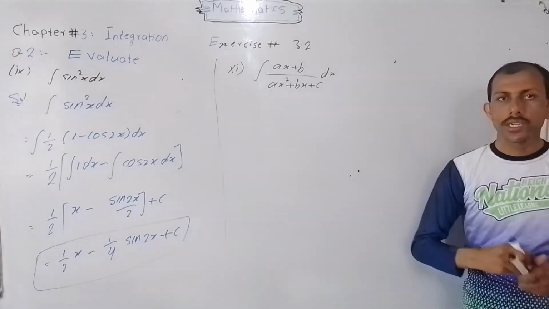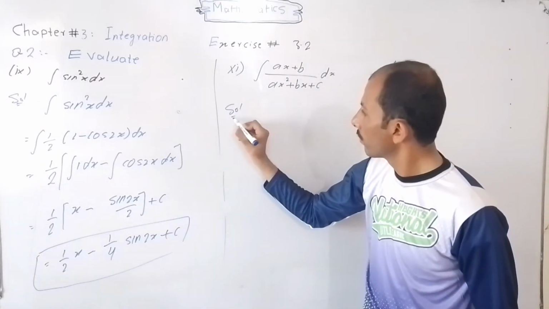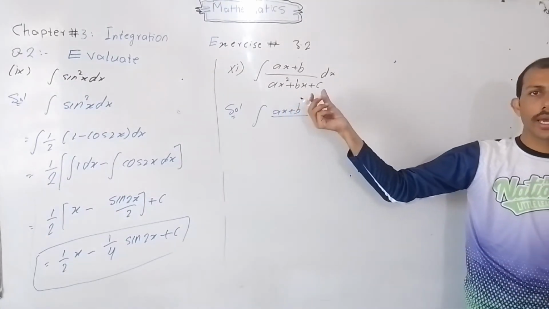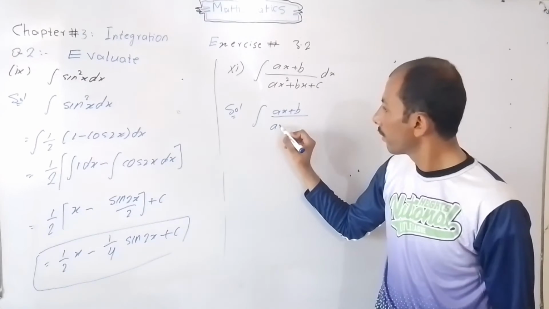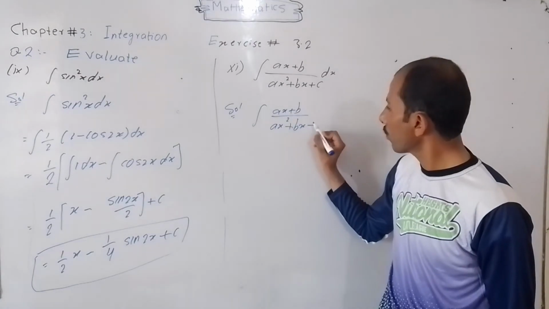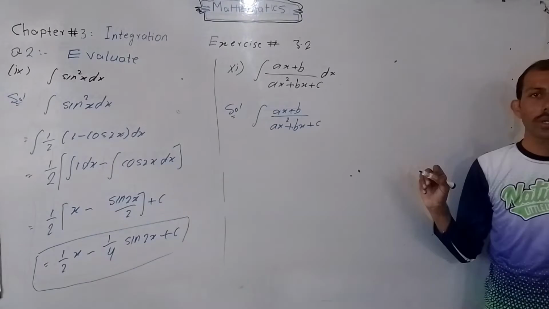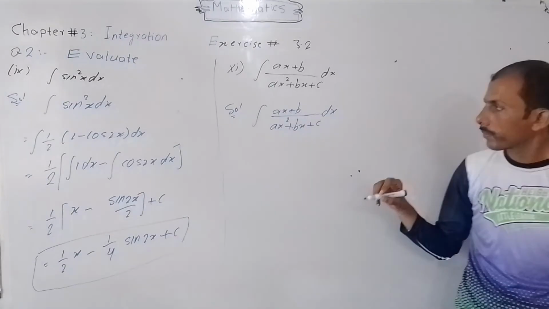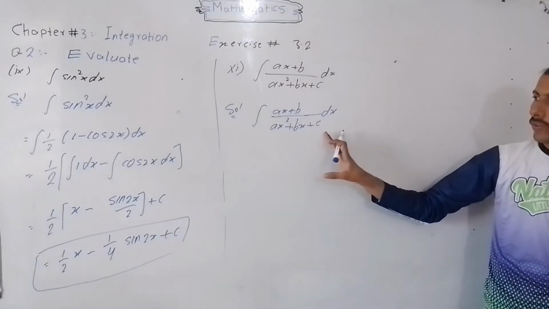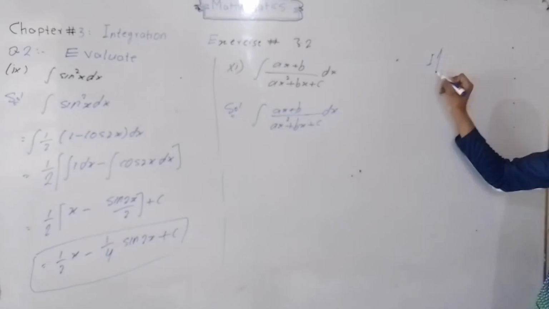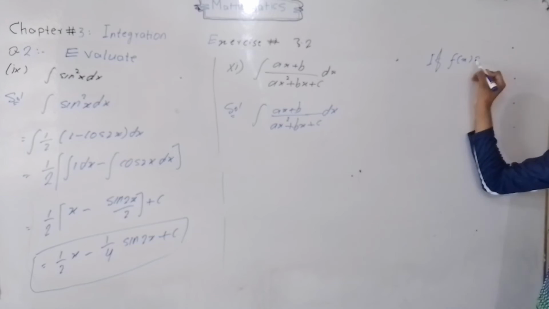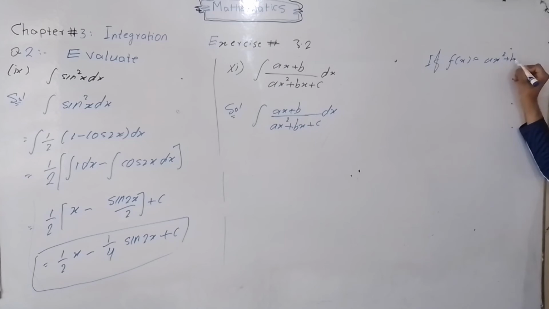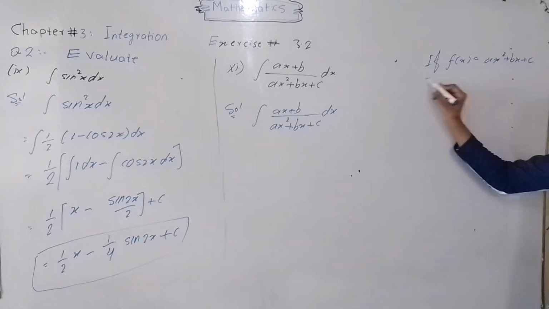So first, as it is, integral ax plus b divided by ax square plus bx plus c into dx. If f of x is equal to ax square plus bx plus c, then